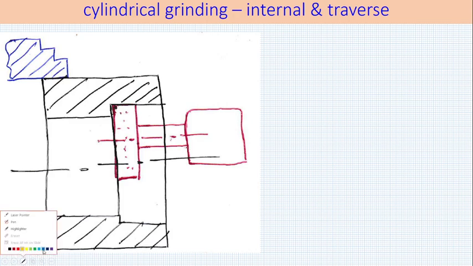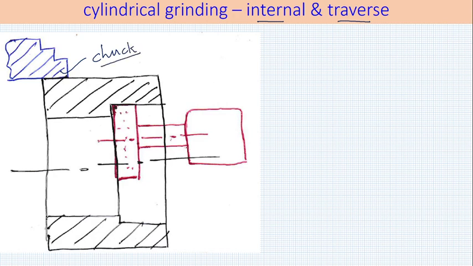So now what we are taking up is internal cylindrical grinding, transverse. Just now you have seen the video, but at the schematic level, let us do this. This is mounted on a chuck. It cannot be mounted between centers because this hole has to be worked on. This job is rotating in this direction with NW, giving rise to VW.